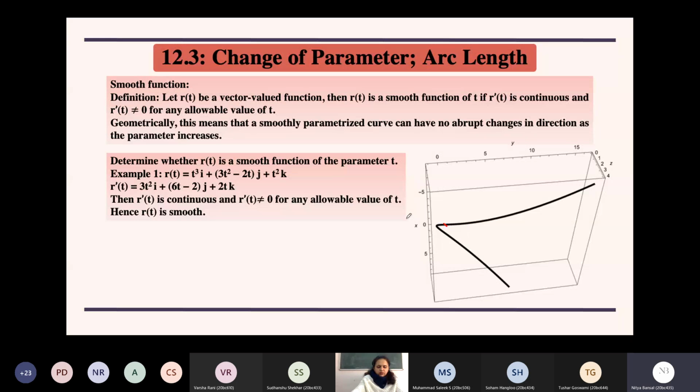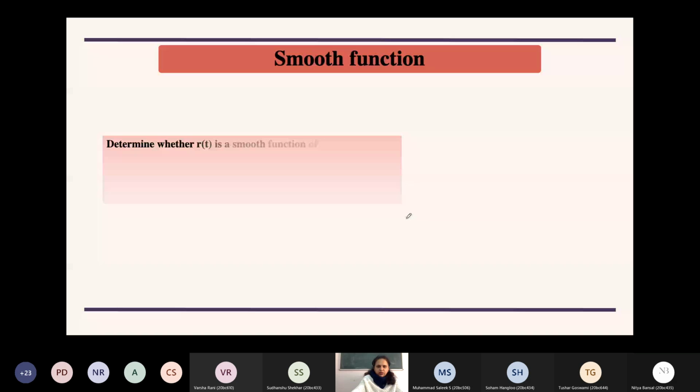Next, I'll take up another example where it is not smooth. If you can see the derivative part, the first term, differentiate using product rule. So derivative of first into second as it is, then plus first as it is into derivative of e to the power minus t, which is minus of e to the power minus t. So this is the derivative of the x component.